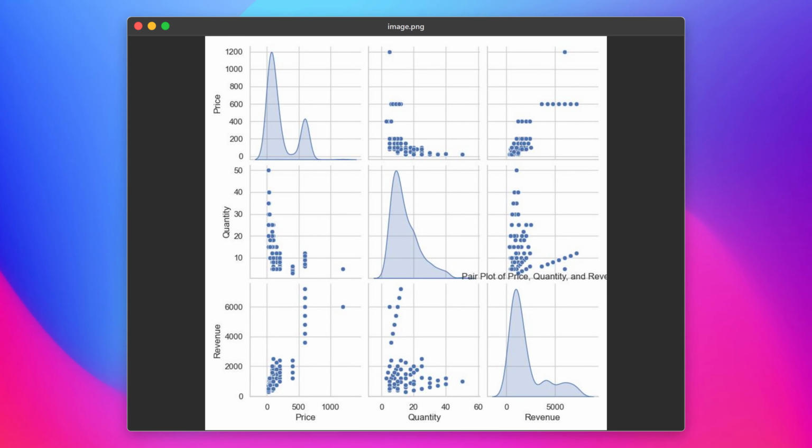The pair plot we created shows the relationships between the price, quantity, and revenue columns. Each scatter plot in the grid represents a pairwise relationship, while the diagonal plots show the distribution of each variable. This visualization helps us quickly identify correlations and trends between multiple variables, making it easier to understand the underlying patterns in our data. Pair plots are particularly useful for exploratory data analysis, as they provide a comprehensive view of relationships